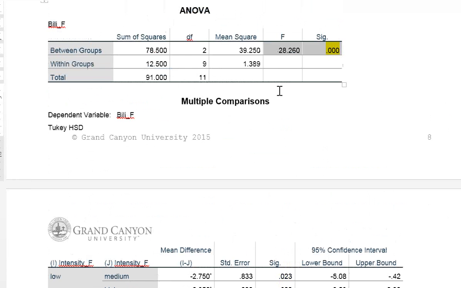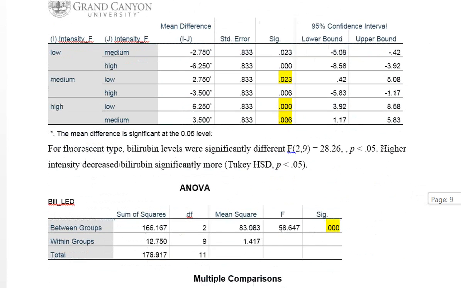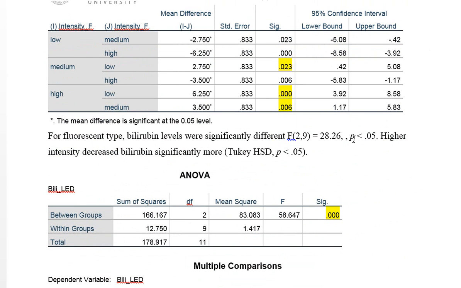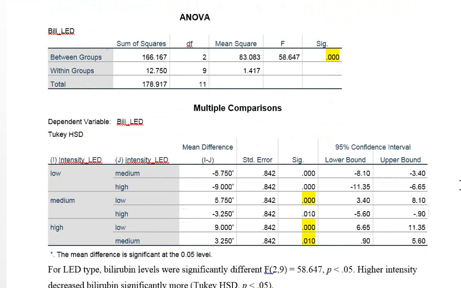And the 2 and the 9 are your degrees of freedom, numerator and denominator. So that shows they're different, and P was less than 0.05. And then higher intensity decreased bilirubin more. Okay, so the decreased values were larger, and that was from Tukey's honestly significant difference. That's right here. Okay, then we did the ANOVA, so I brought the ANOVA and the multiple comparisons over for